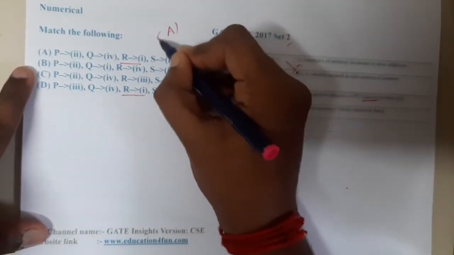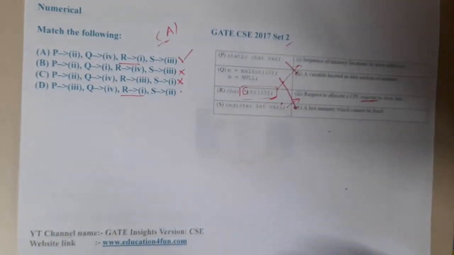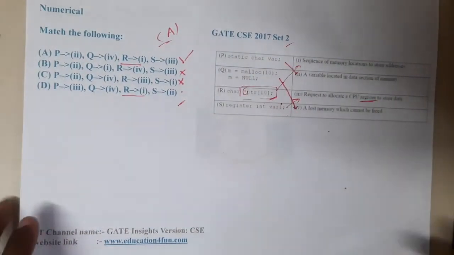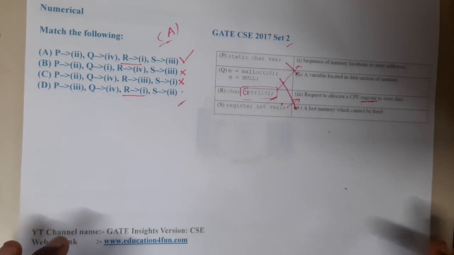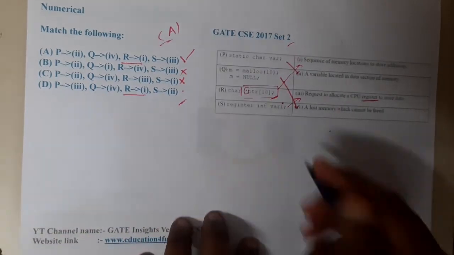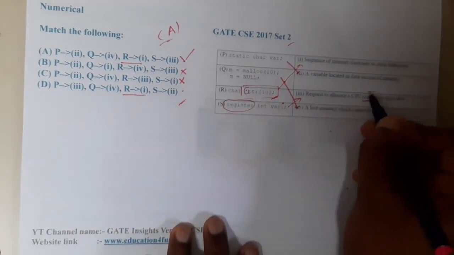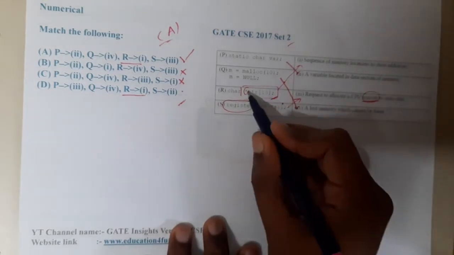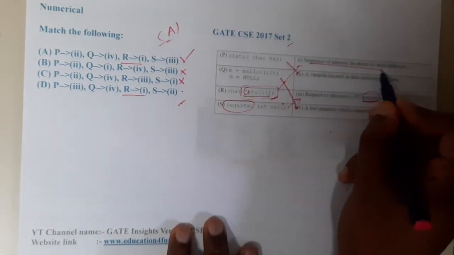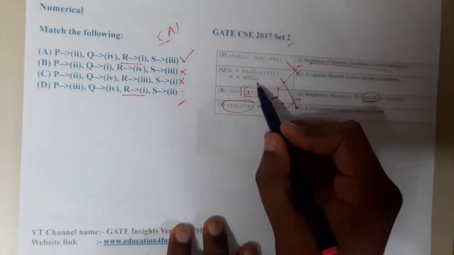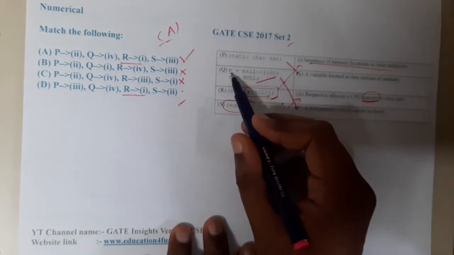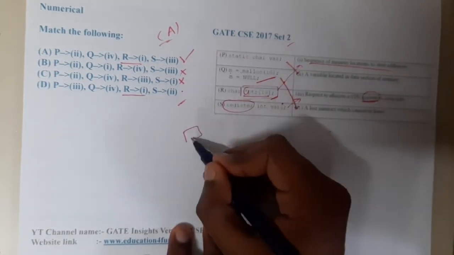Got it? Yes. With just some basic idea, we are able to solve this, guys, right? I hope everyone got a clear idea of how we are exactly solving it. Here we have a register, and here it is a register, so that is matched. Similarly, this is an array of pointers and this is saying array of pointers, so that is matched.